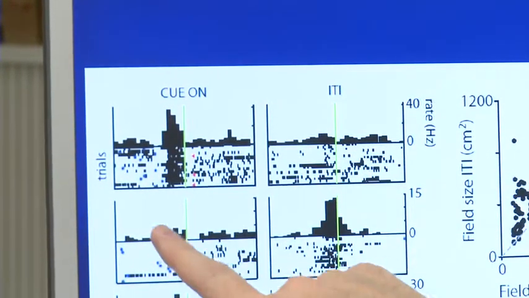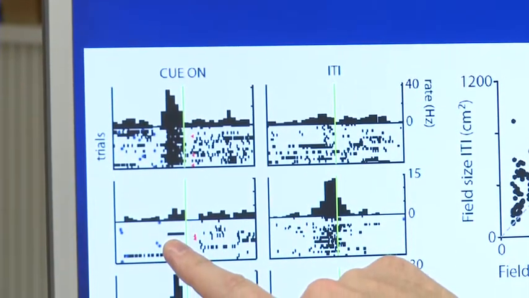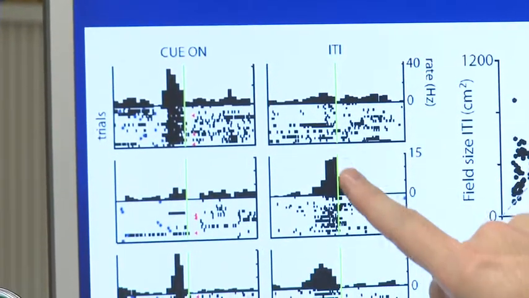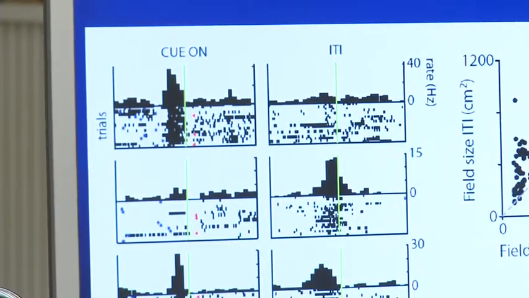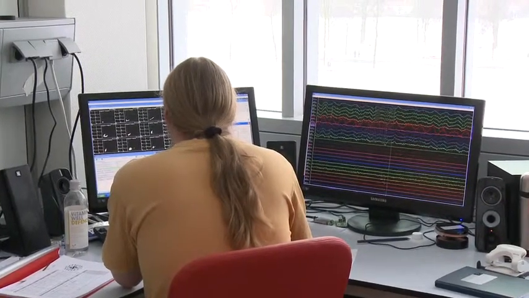And over here you have a cell that barely responds when the cue light is on, but makes a strong response when the rat spontaneously approaches the same site. So this means that also the cue light is incorporated in the hippocampal system. It does have an influence on the overall encoding of memories.